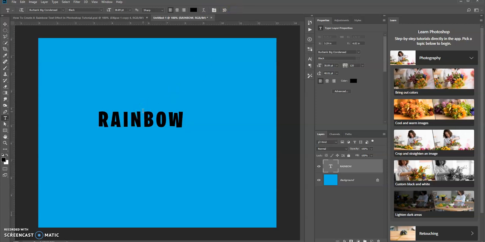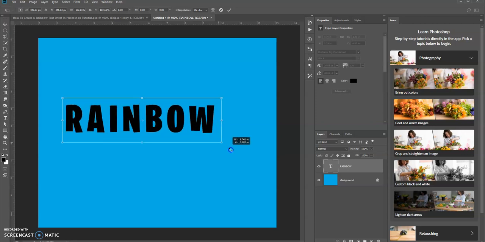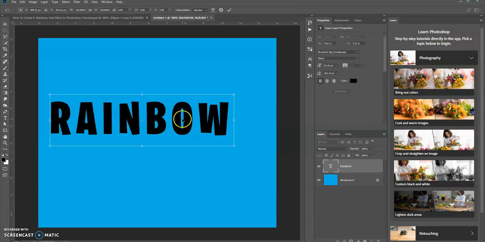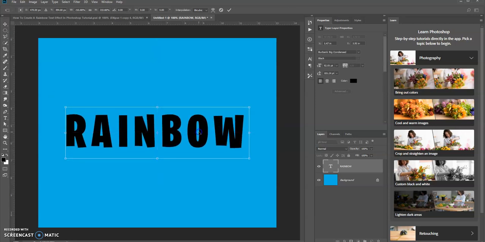Let's resize this text element. We could do this through the transform tool by pressing Control T on a PC or Command T on a Mac. Let's apply that transformation. Now let's go up to the options bar and select this text warp